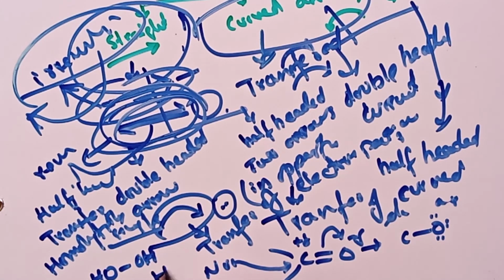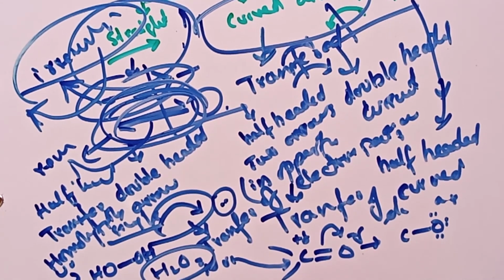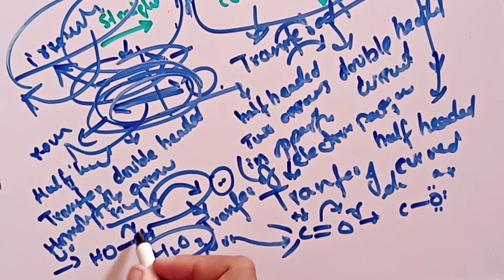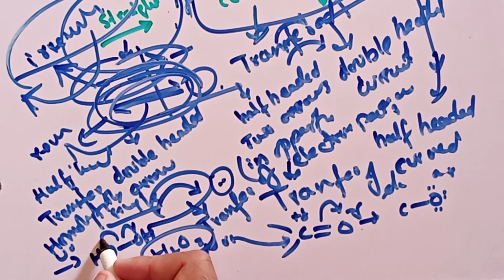This is H2O2. What is that? Sorry, I forgot the name. Yes, this is hydrogen peroxide. In the presence of UV radiation, this bond will break, one electron will shift to this hydroxyl group and one electron will shift to the other. So in this case you need to create the curved arrow,